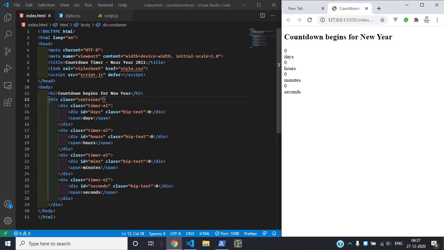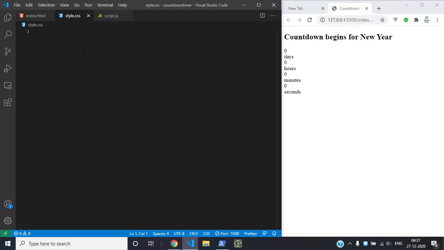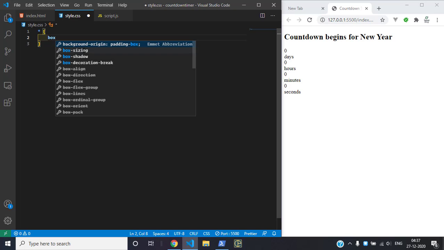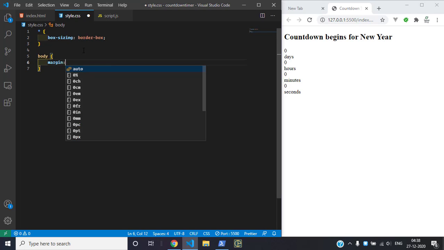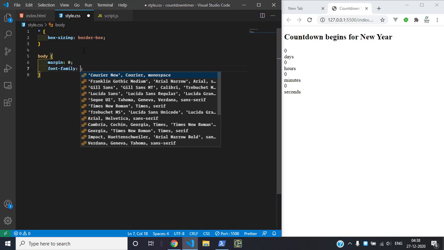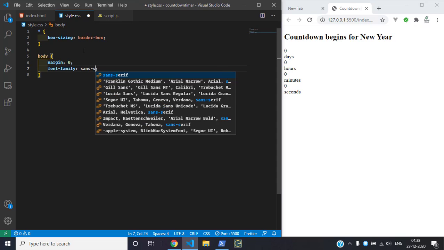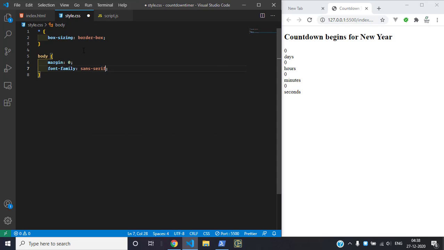So before doing background we can go to the style.css file, and here I just need to use box sizing, which is border box, and for the body margin is 0, and the font family, let me say sans serif, and